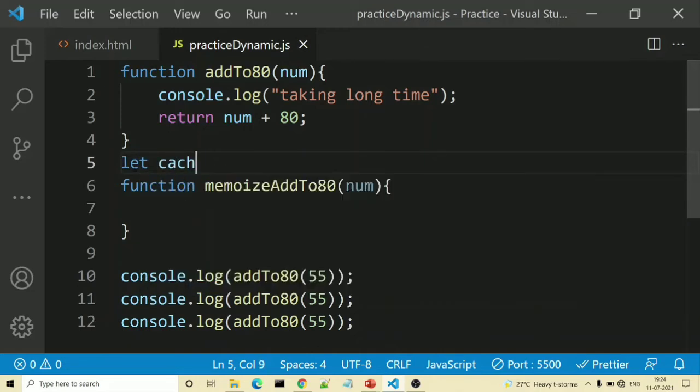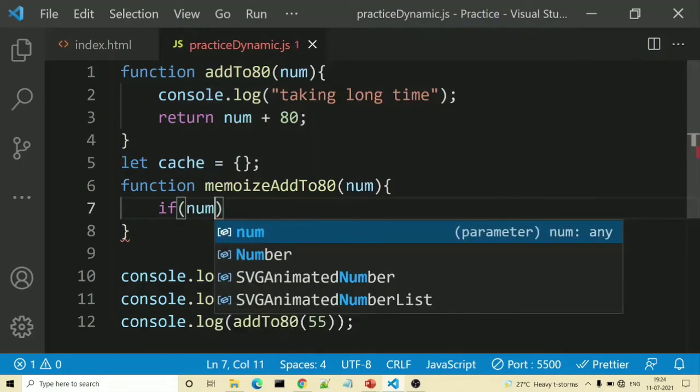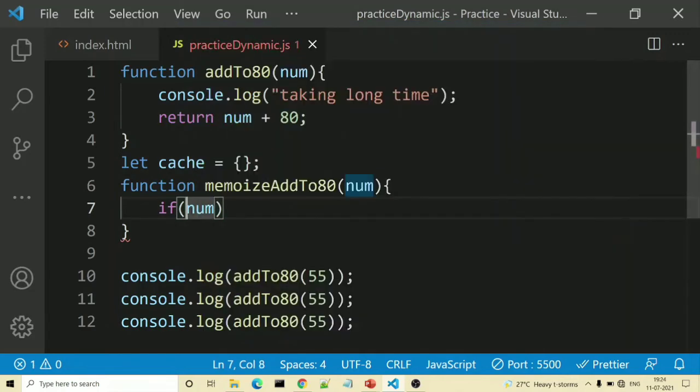So let cache be equal to an empty object in the beginning. Inside that, firstly I will check if num already exists inside our cache. So I will write cache, and there num exists. If it exists, then we will simply return cache of num.